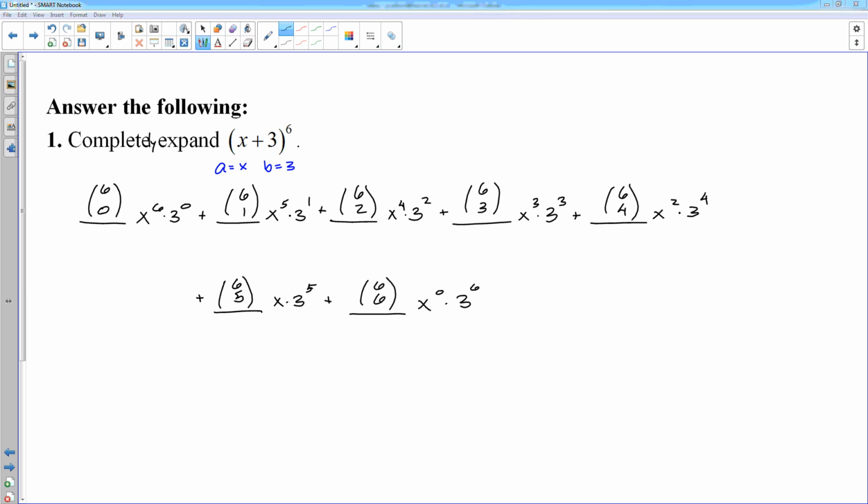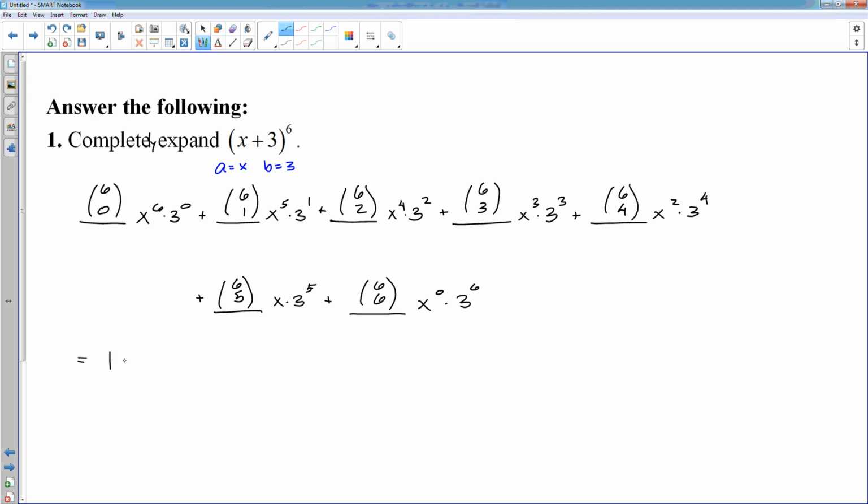There we go. And then the very last thing I'm going to want you to do is to actually compute these coefficients in the front. 6 choose 0, 6 choose 1. We need to compute those, but like I said, I'm okay if you want to do those in the calculator. So we will simply do all of those in the calculator,